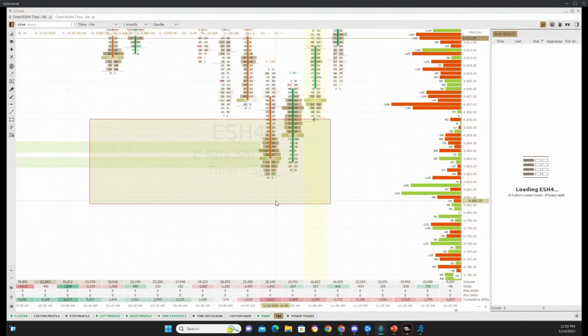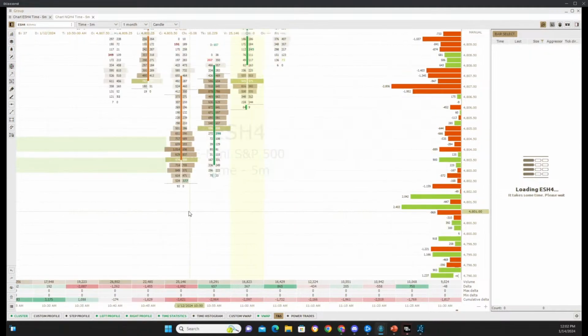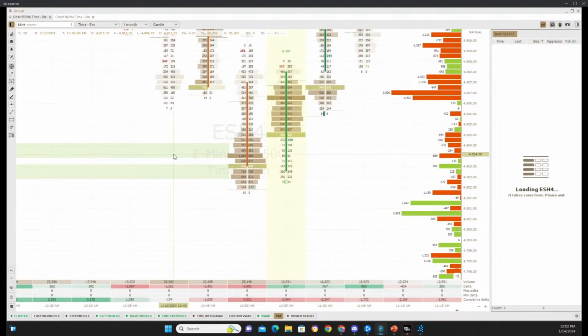And here it goes. All right. Remember how I said earlier, I said I want to see whether the bid's a little bit inflated if we're coming up to support level. And then at some point, I want to see aggression coming out of it, meaning